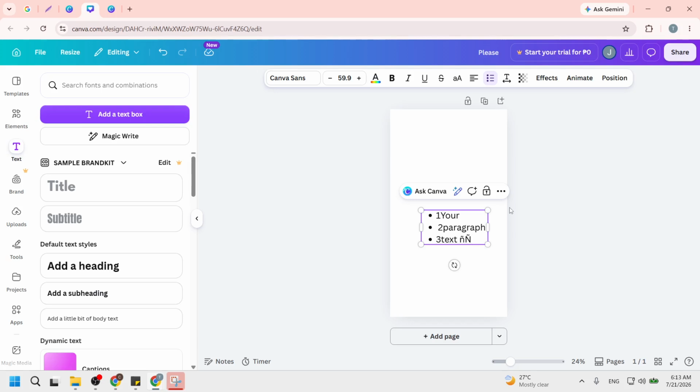With both options covered, you should now be able to add the Spanish Ñ character effortlessly in Canva. This knowledge enhances your ability to create professional-looking designs that respect the language's nuances. Remember, you can always revisit this video if you need a refresher on these steps. Now that you've learned how to add Spanish Ñ in Canva, you are equipped to create diverse content with ease. This small skill can significantly improve your designs, especially if you are working with Spanish-speaking audiences.